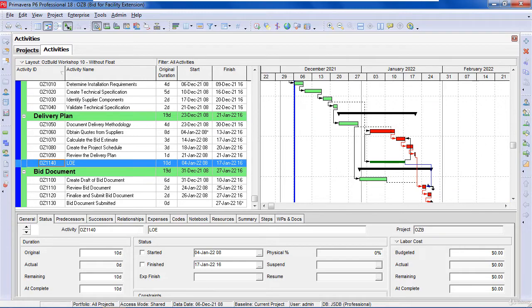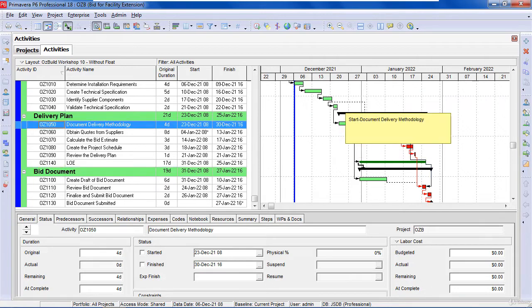And so I've got a relationship here, and when I press F9 and reschedule, you'll see that the LOE has spanned from here to here. You can actually, I'll add a few more relationships. You can see how as I add relationships, it's not exactly as per the book, but you can add multiple